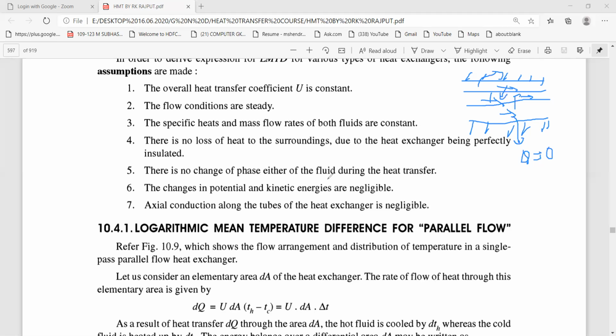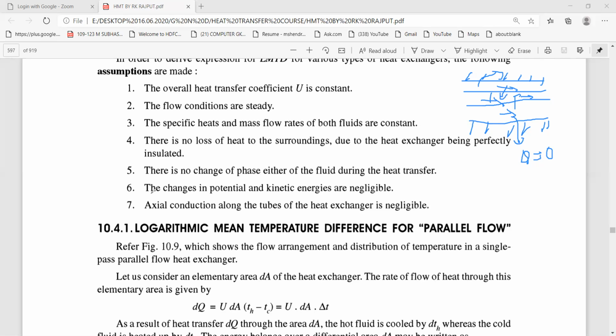So the hot fluid remains in the liquid state, and the cold fluid, if you are using liquid as a working fluid in the heat exchanger, there is no phase transformation from liquid to vapor. It remains in the liquid state itself. Say, for example, water: the hot water loses its heat to the cold water and the cold water gets heated. There is only a change in temperature, but there is no phase transformation at all.